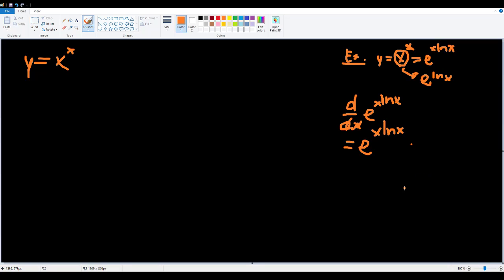So, e to the x ln x times, and then we're going to have to use the product rule. So, first, derivative of ln x is 1 over x, so we have x over x, which is 1, plus, right here, the derivative of x times ln x, which is just ln x, because the derivative of x is 1. And so now we have this. So we can actually simplify this to